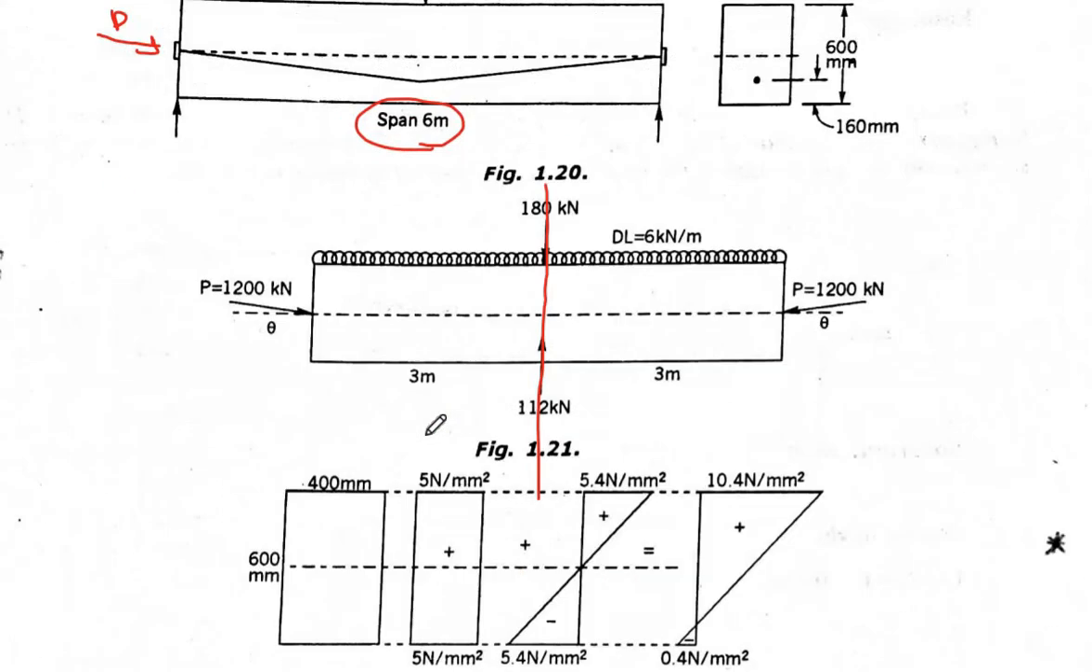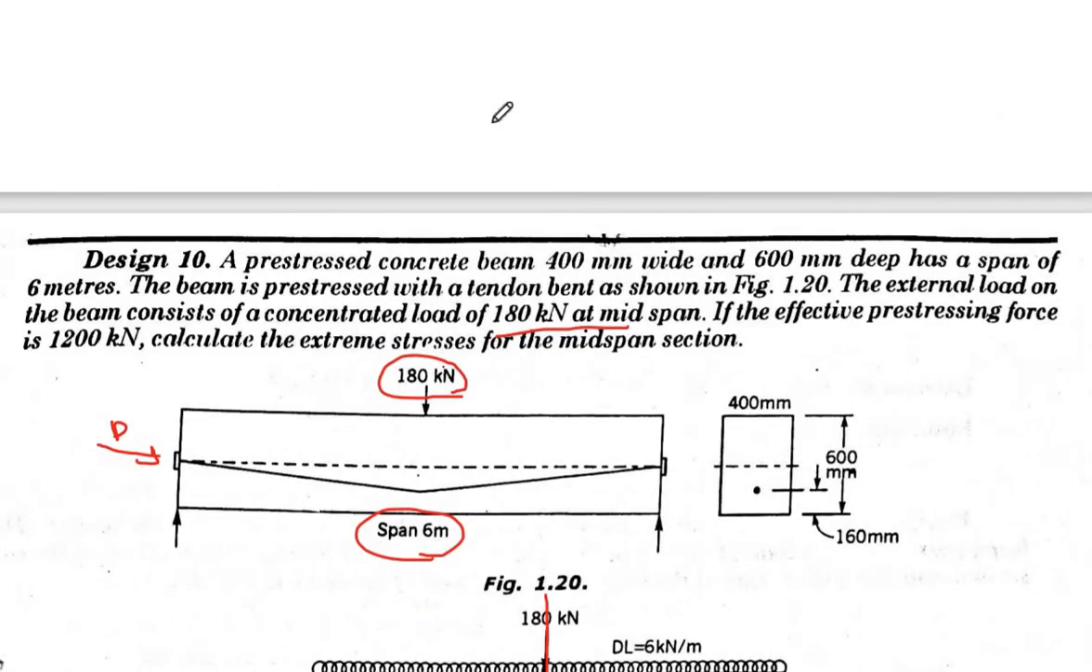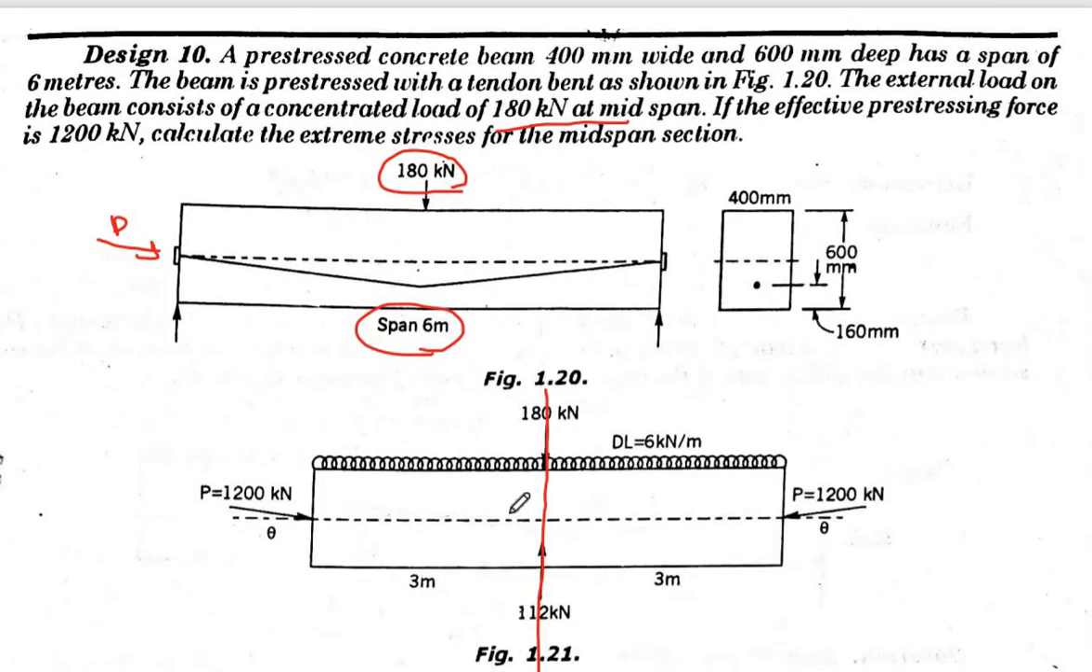Now sin theta we can consider to be tan theta. Why? Because theta is very, very small. So tan theta will be how much in this case? This is your free body diagram here. Now if we see this portion,